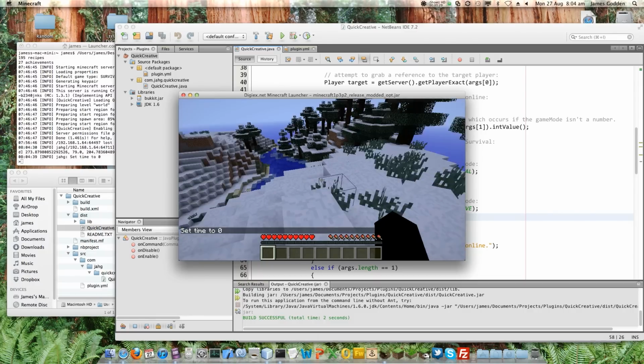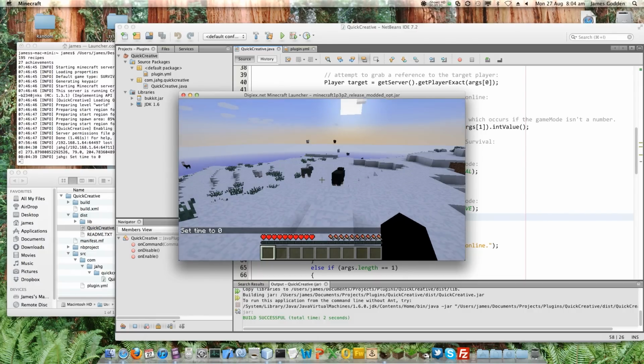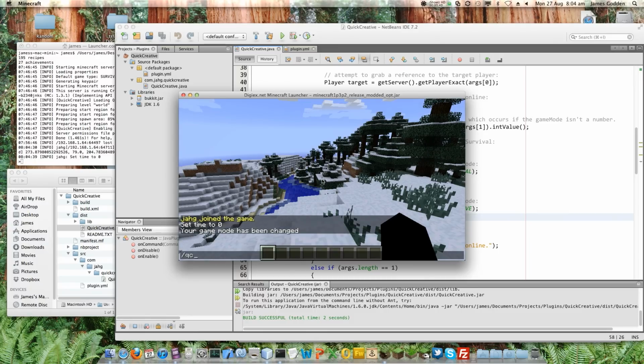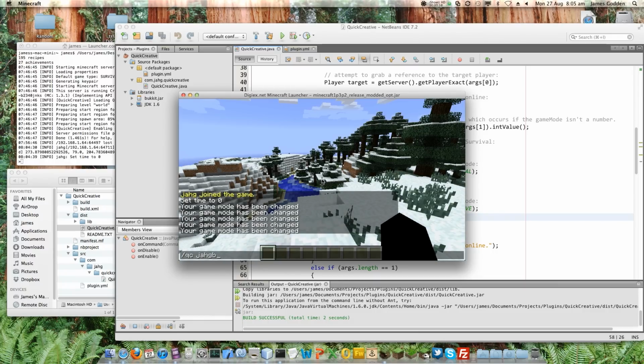The plugin we created, as you can see, I'm in survival mode here with the sheep. Hello. And we created a little plugin that was called QC. If you used it on its own, it would toggle you between the two important modes, survival and creative. And we added parameters so that I could specify names. Now this is obviously going to be me again, but you can see it's still working. And we also added detection for invalid names. So for instance, jahgbot is not on, so it'll tell us that.